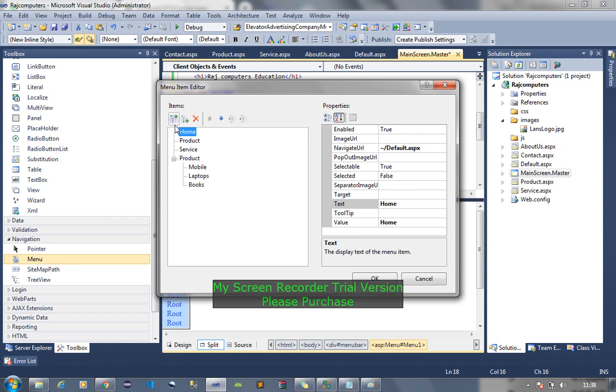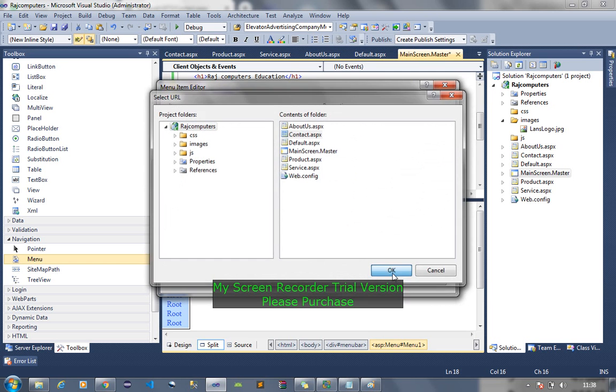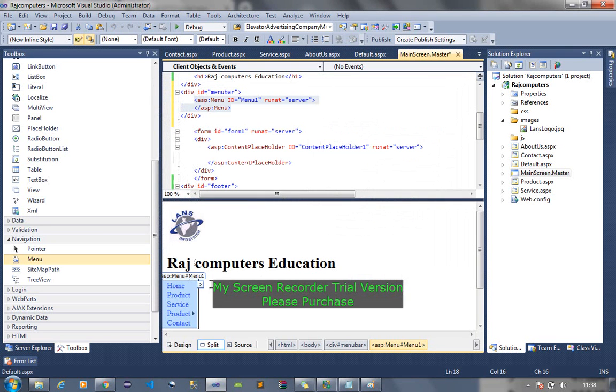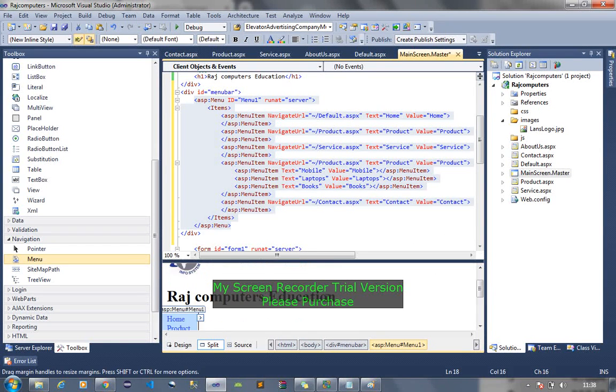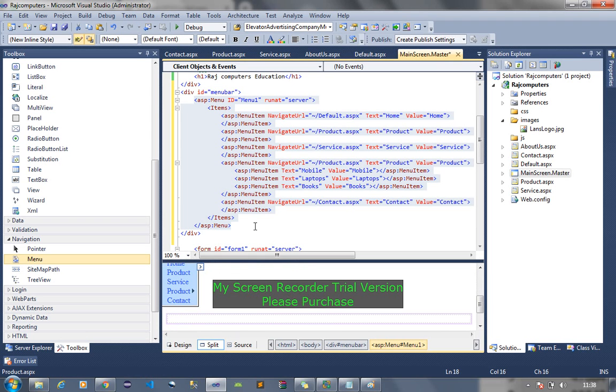If I want to create a root, I go here and create a root, and the last page is my contact page, CONTACT, contact page. Fine. And I navigate to my contact page. As soon as I make changes, see, basically we navigated to the home page, and when we see the code of this in ASP.NET, this is my menu, and these are my options. This way the menu items are created. Now I just want to run it, so I run this entire menu.